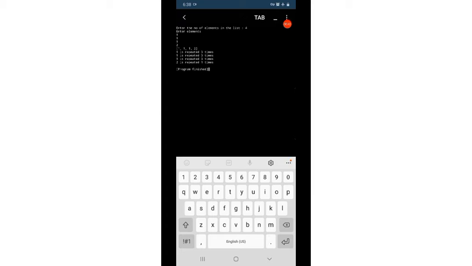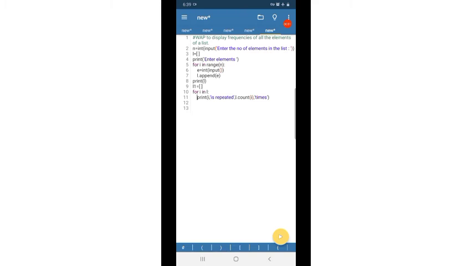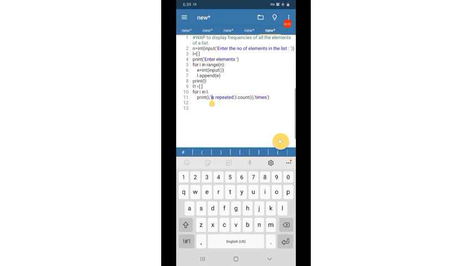So to change this output into a more user friendly form, we have to create another list, that is L1. L1 is equal to an empty list, and we can write the code like this.